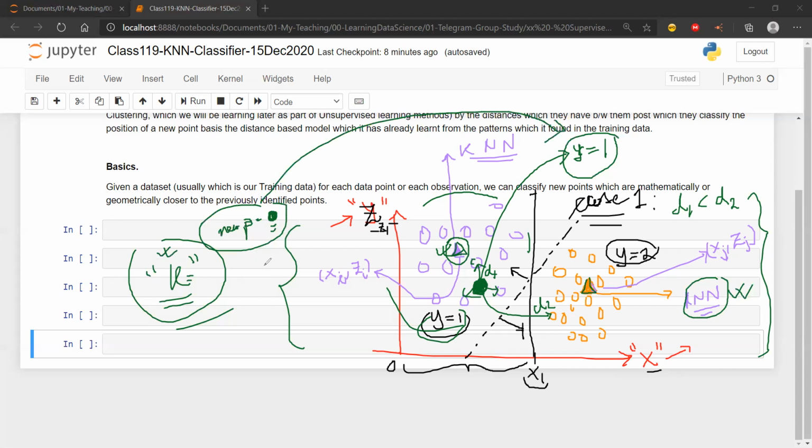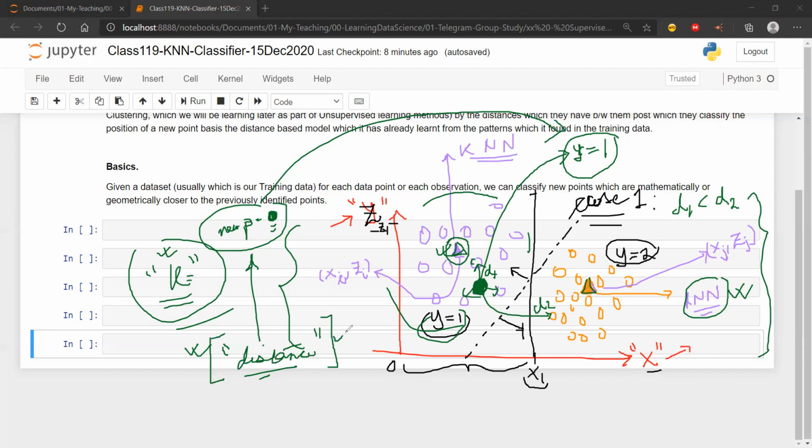How is it going to know what is going to be closer or what is going to be distant? It's simply going to take a distance metric. So we have to tell the algorithm what kind of distance it should be looking for. There are multiple types of distances it will be looking at, because there are types of mathematical distances. We will be looking into Manhattan, we will be looking into Euclidean. These are the kinds of distances which are there in the math world.